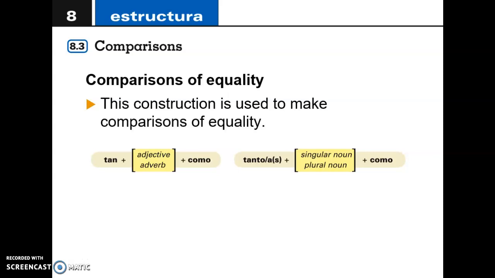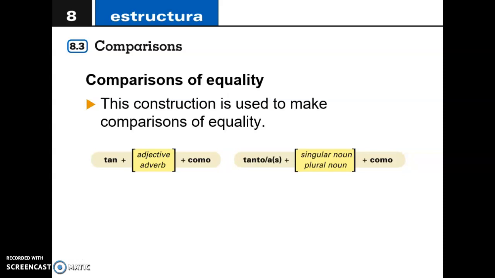So, as I was explaining in the first video, we do have comparisons that address something of better quality or lesser quality, but also we have comparisons of equality. In that case, we are going to use the construction tan como en español, or we are going to use the words tanto or tanta como, tantos or tantas como. So this tan como expression is going to be exclusive for adjectives or adverbs whenever you want to describe a noun with an adjective, or whenever you want to describe a verb or an action with an adverb, okay? So you can say something like,